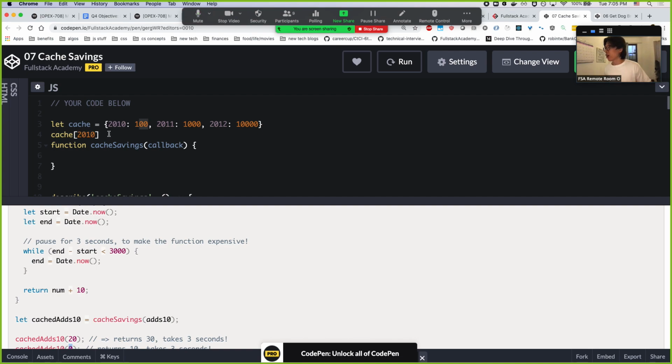And I mean, you could store it as an array too. You could say let cash equal an array and then say something like 2010, 100. It'd be kind of funky, and I don't know why you'd want to do this because it just makes it more confusing, but let's say you did. In theory, you could do it like this. But the drawback here is that when you are looking for 2010,